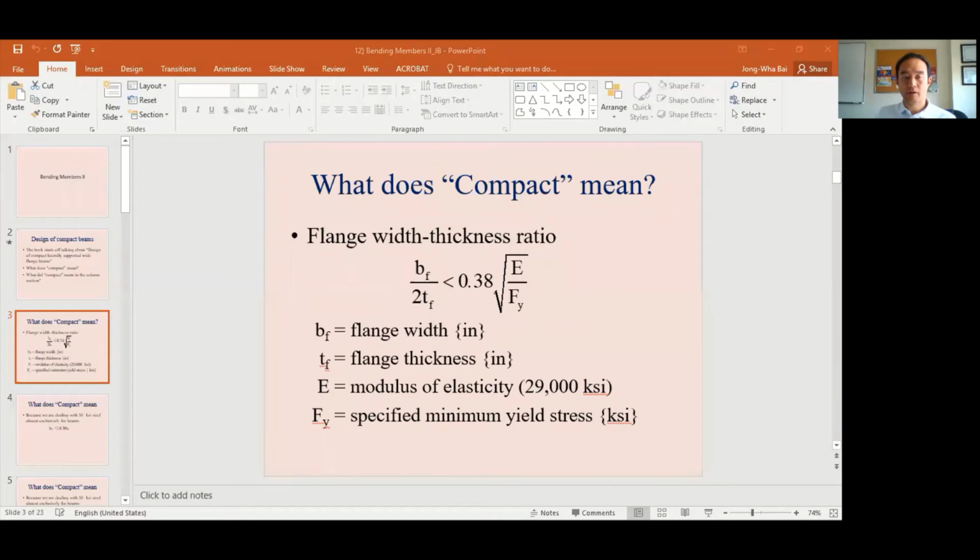Hi. Okay, so let's talk about the compact beams. This topic was already covered before your spring break, but I just want to review it quickly and then move on to the next topic. So let me show you the slide. Okay, here we have